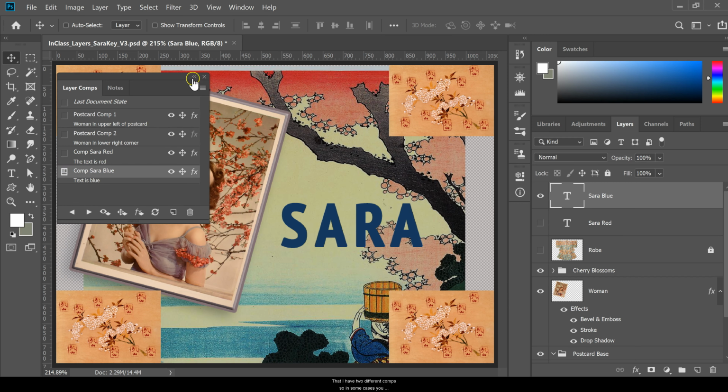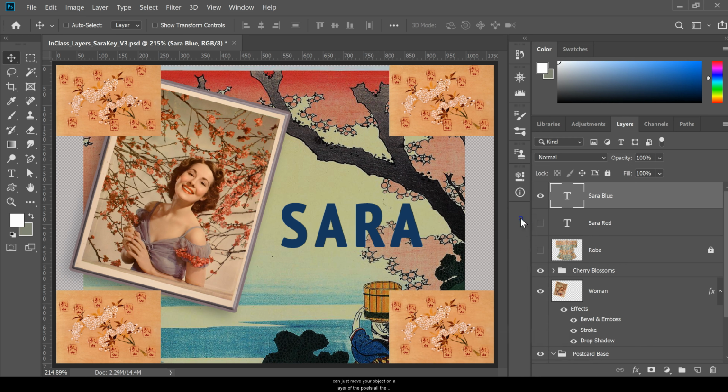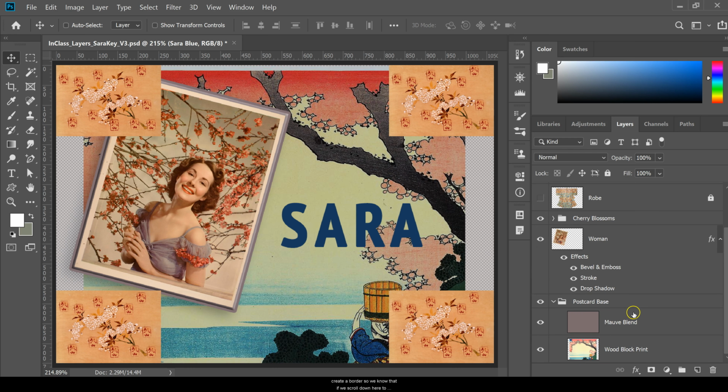So in some cases you can just move your object on a layer, you can move the pixels on a layer to create the comp, and sometimes you might have to actually duplicate the layer. So just make note of that when you're working through this project. The other requirement is that you need to create a border. So we know that if we scroll down here to the bottom in my postcard base group,